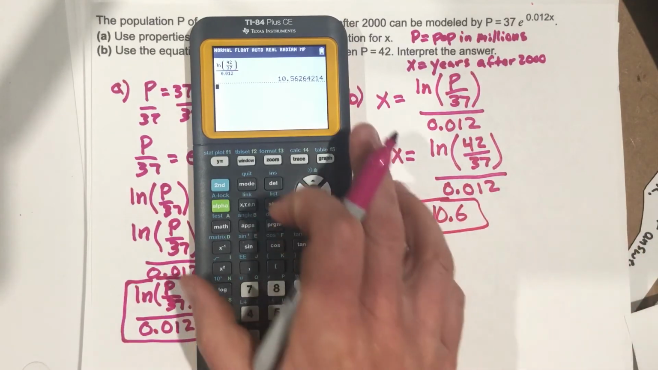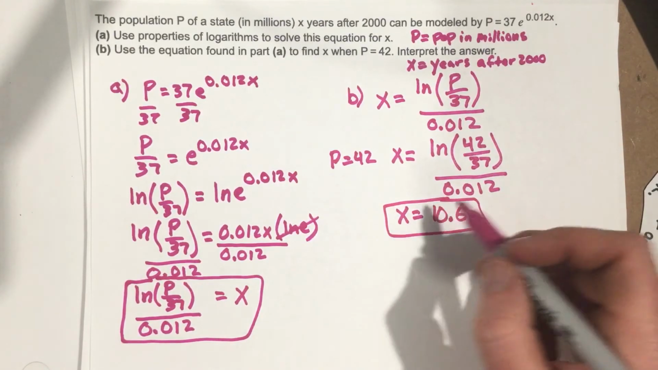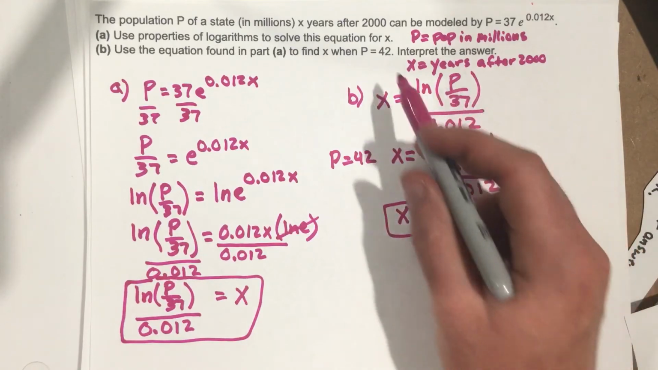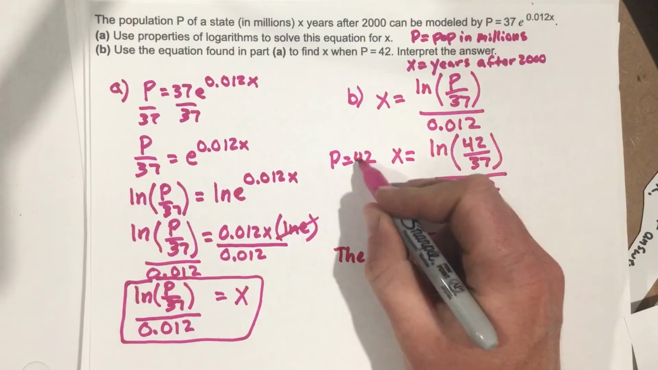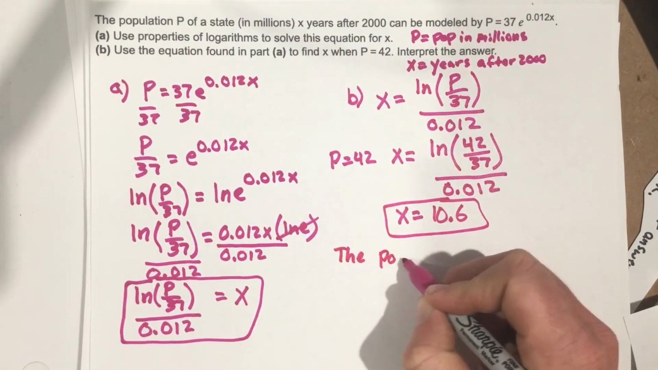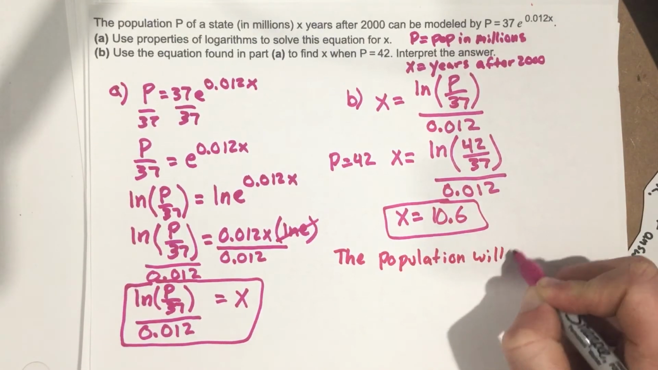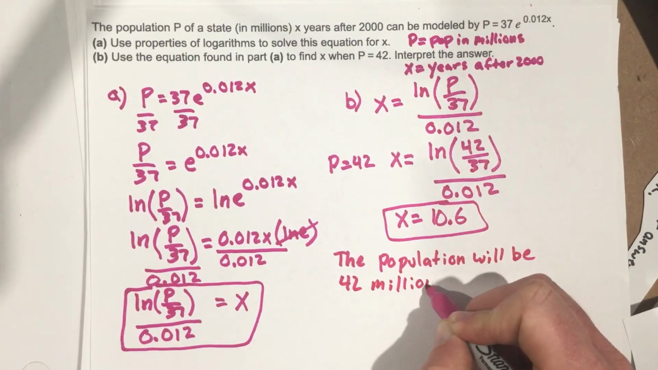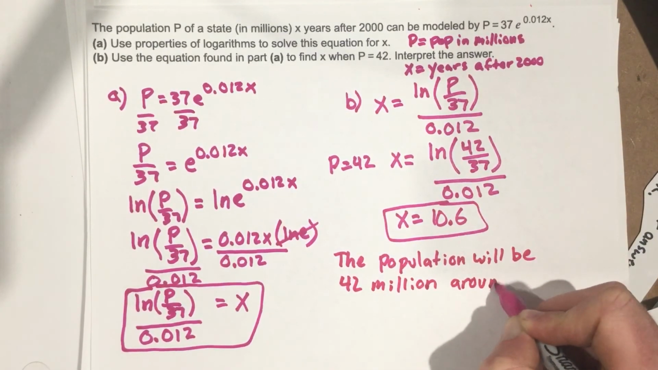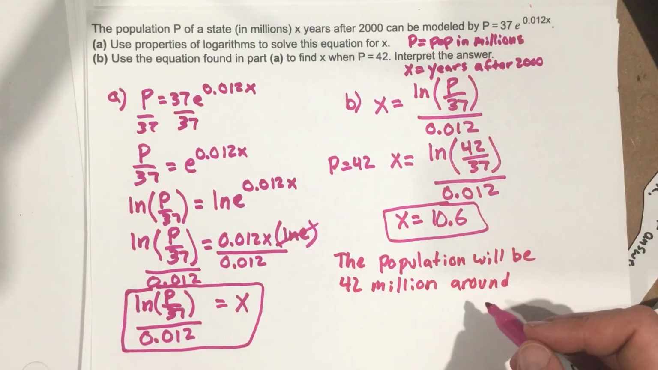Now it wants us to interpret this. So 10.6 tells you that, well, our population of 42, so 42 million. So the population, we plugged in 42 for P. So the population will be 42 million around, now remember this is years after 2000, so 10.6 is close to 2011. The population